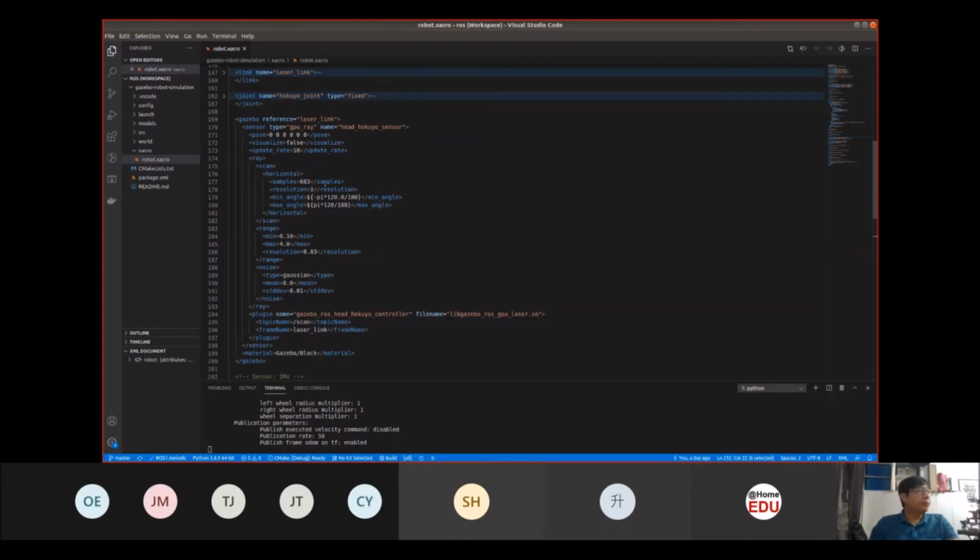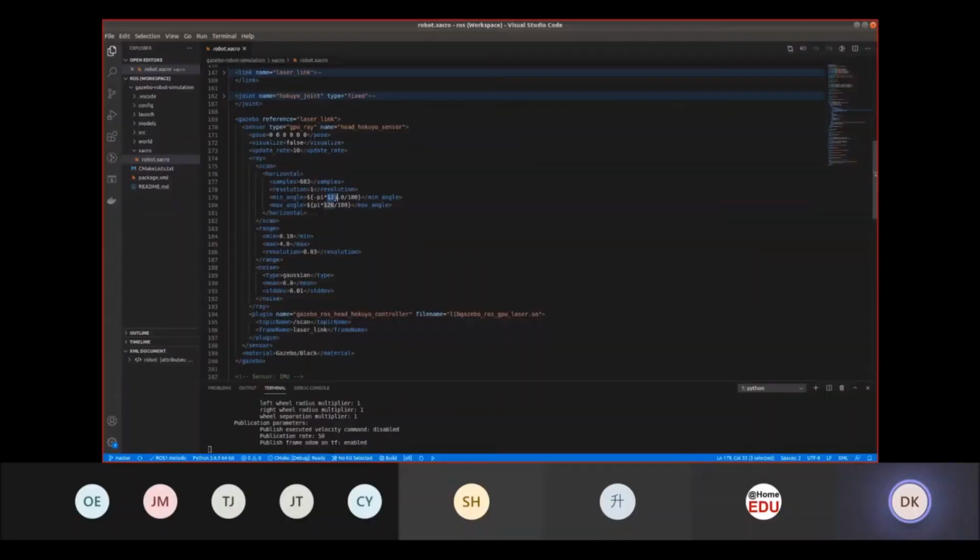So we actually need to key in all these parameters, meters. So this 4 meters.